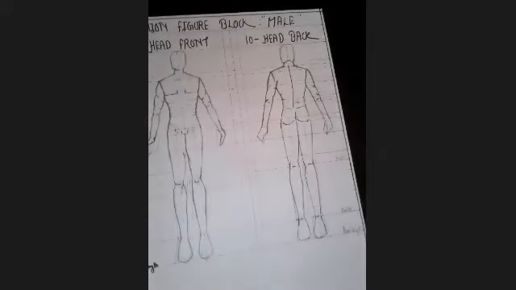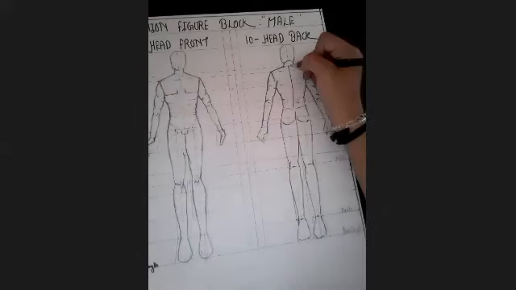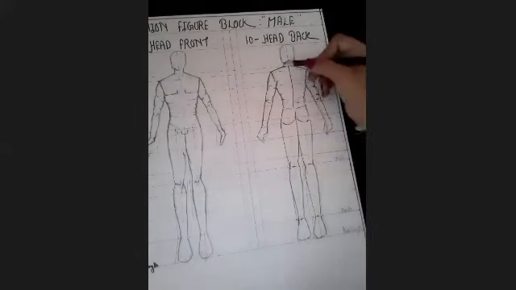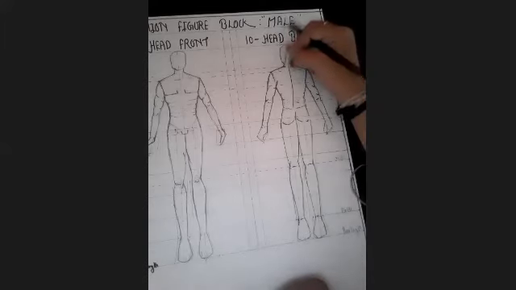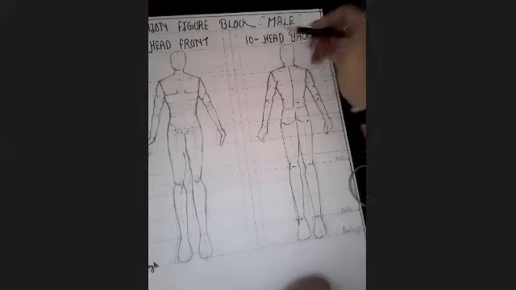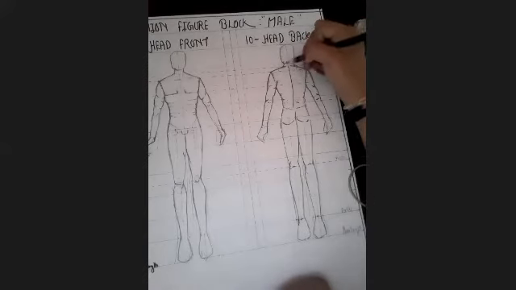Can you feel the structure of a man? Guys, can you feel the structure of a man? Yes, ma'am. I am asking if it is looking like a man, and everybody's quiet.